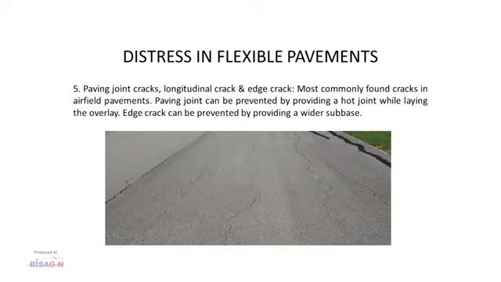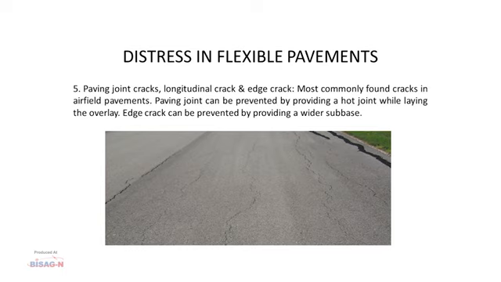The paving joint cracks, the longitudinal cracks and the edge cracks. Here you can see a crack which is formed; basically it is a paver joint crack. You can see a small thin line which is going in the direction of this operating surface. Here you can see the repaired portion of the edge of the operating surface. These are basically the edge cracks, and here you can see small longitudinal cracks. They are again in the pavement surface in the direction of traffic. They are the most common type of cracks found in military airfields.